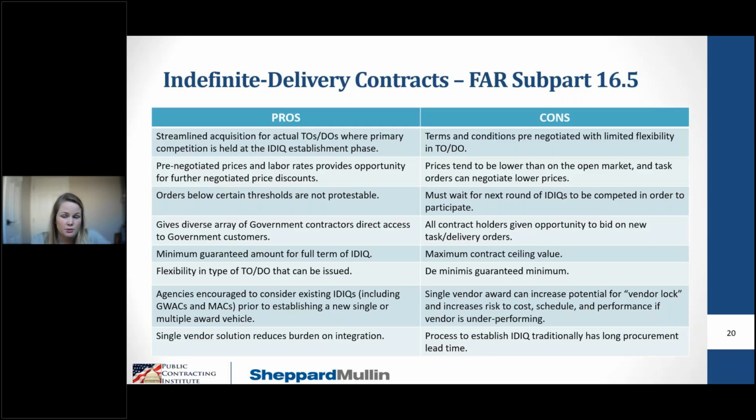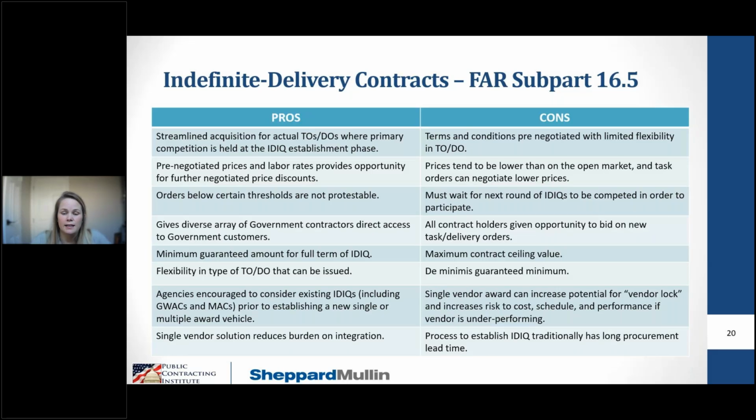If you're lucky enough to win a task order, whether multiple award or single award, there are strict thresholds where neither the GAO nor the Court of Federal Claims has authority to entertain protests of those awards, which can be both a pro and a con if you're trying to protest the award. But if you win an award, it can be a pro that you are kind of protest proof in a lot of cases. There's some minimum guaranteed amount for the IDIQ, so you know you'll be receiving some money under